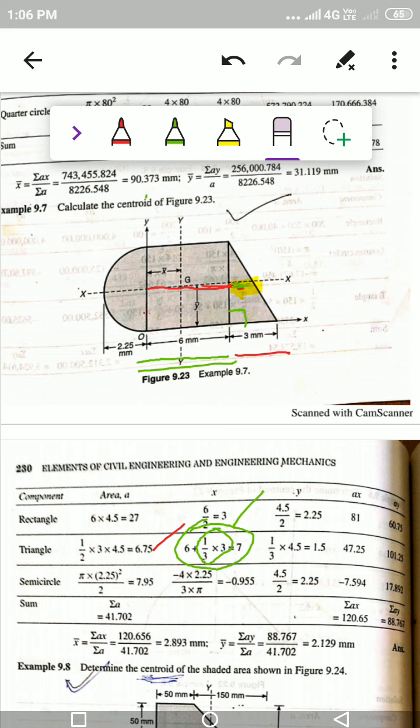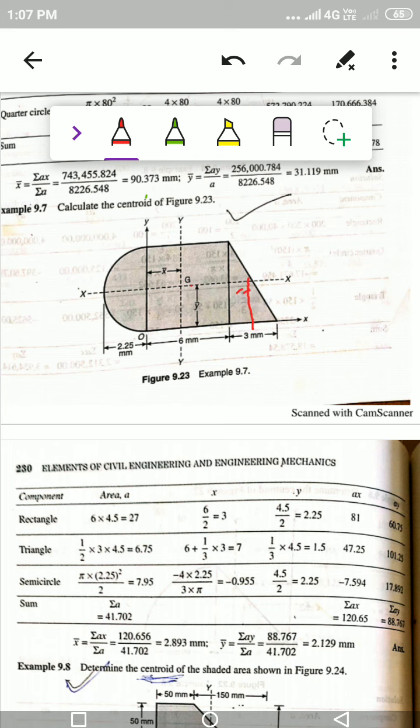So now the y bar distance. So y bar is nothing but what? Let me show the y bar distance of a triangle. The y bar distance of a triangle is nothing but the distance from here to here. The centroid of a triangle may be anywhere at this point. The y bar distance is here to here.